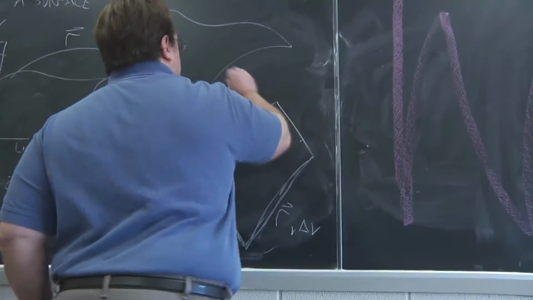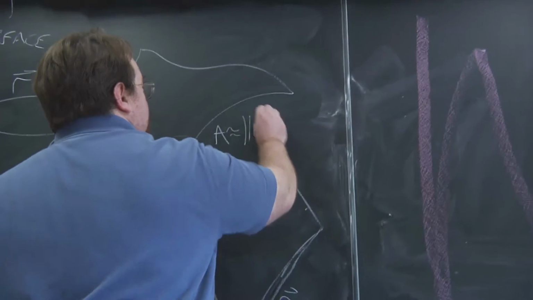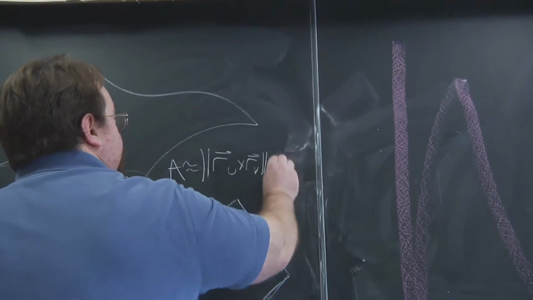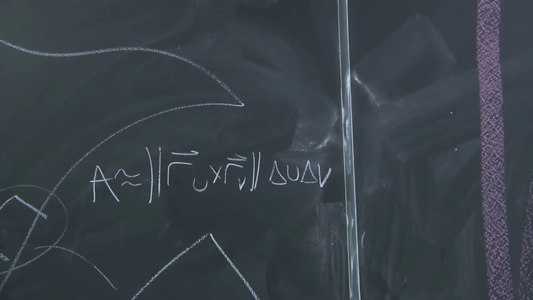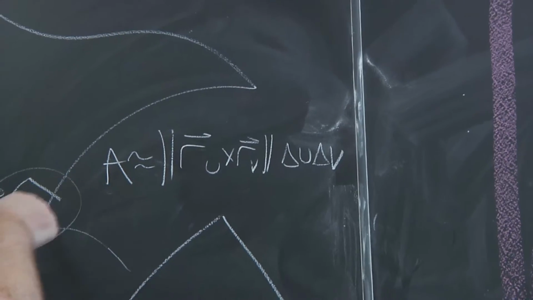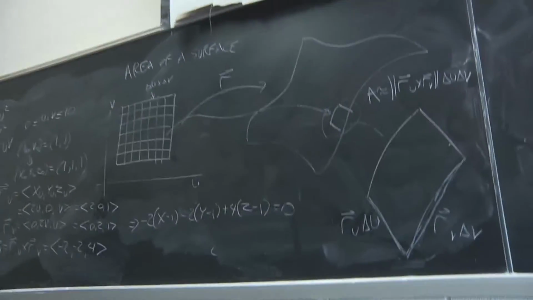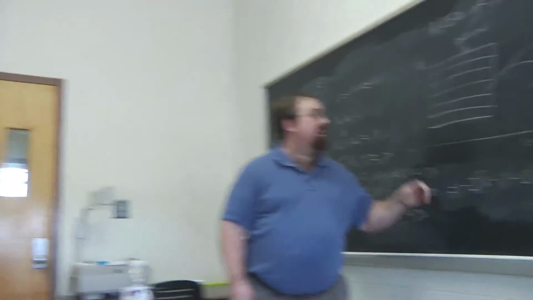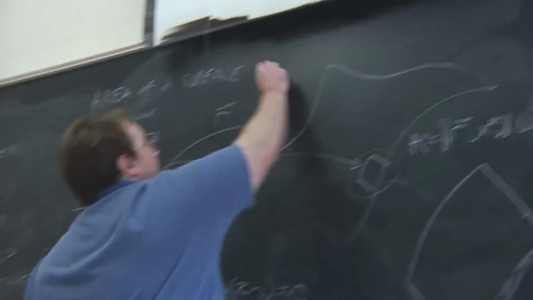So the area of this patch is approximately the magnitude of RU cross RV times delta U, delta V. That's approximately the area of this one patch. Then you add up the areas of all these patches, and you have approximately the area of a surface. You let delta U, delta V go to 0, and what you get